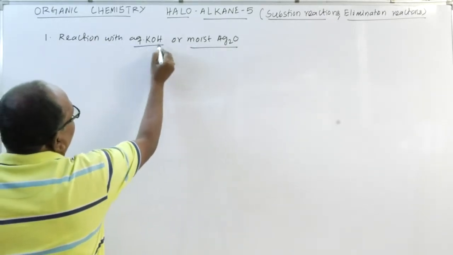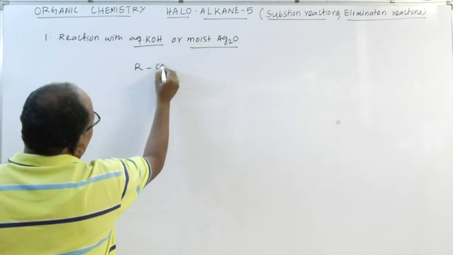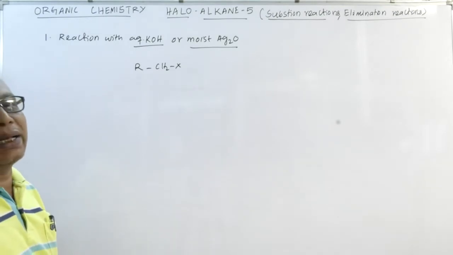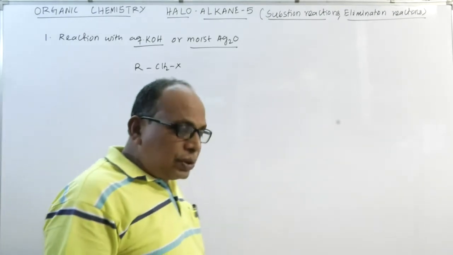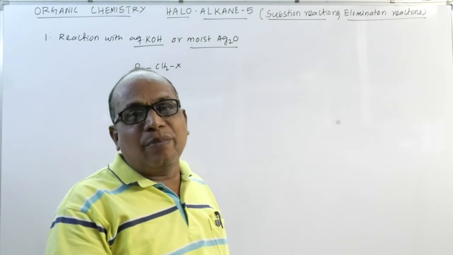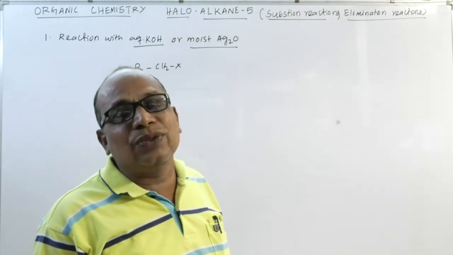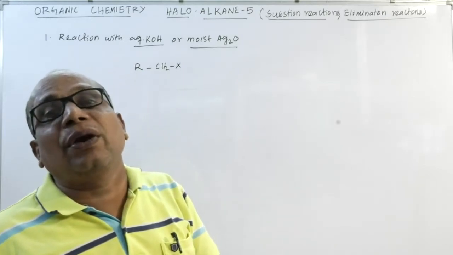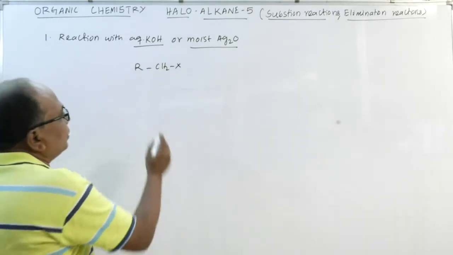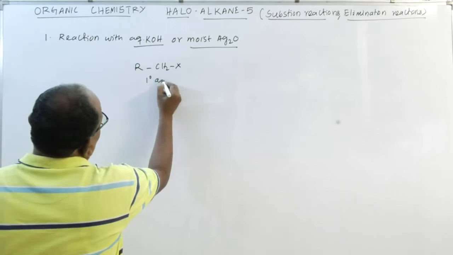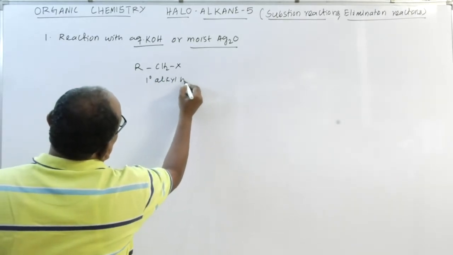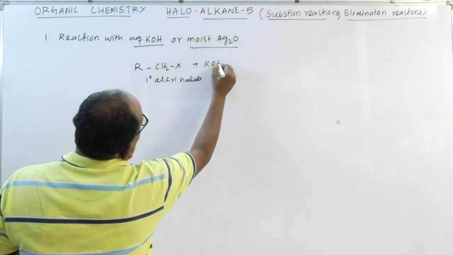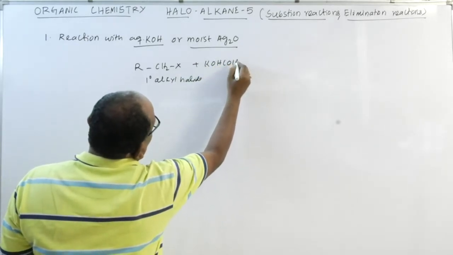So when alkyl halide, means RCH2X, this is called primary alkyl halide, and you know the reactivity order, the tertiary is more reactive than secondary, which is more reactive than primary. All react, but the reactivity order is different. So this is your primary alkyl halide. This primary alkyl halide when treated with aqueous potassium hydroxide,